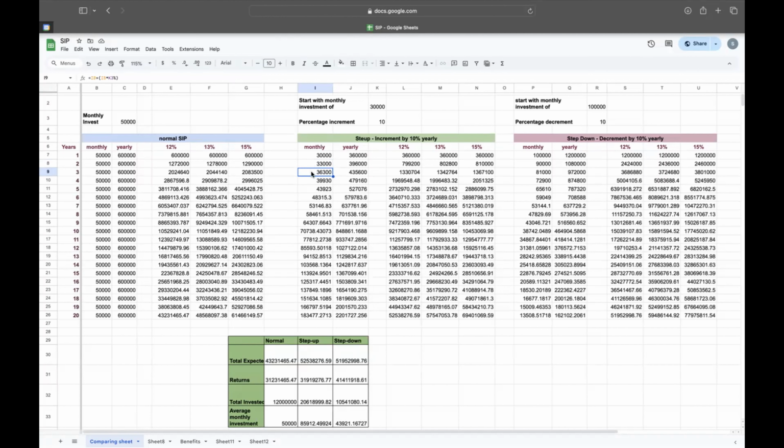We all would have heard on Instagram or many other financial videos that with step up SIP, we can maximize our returns up to 2 times or 3 times. Now, let's actually analyze the fact behind it. The statement is actually true, but I start with a monthly investment of 30,000 rupees, and by the end of the 20th year, I'll be investing a whopping amount of around 1.8 lakhs every month. Now, the question is, is it really practical? It can be for a few, but we'll have to think if it is affordable for us.